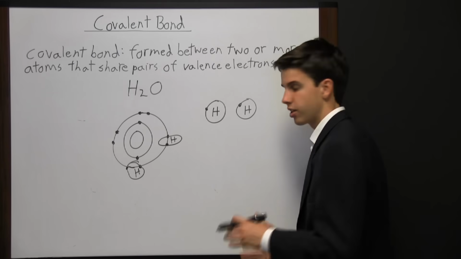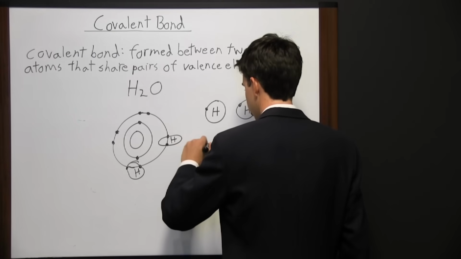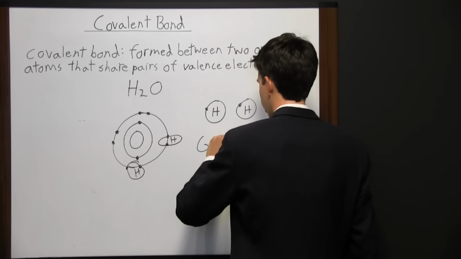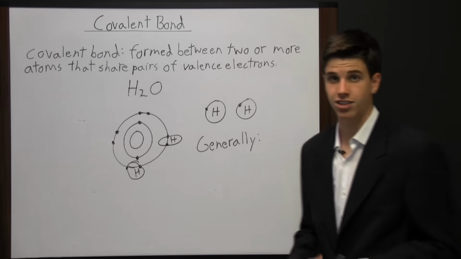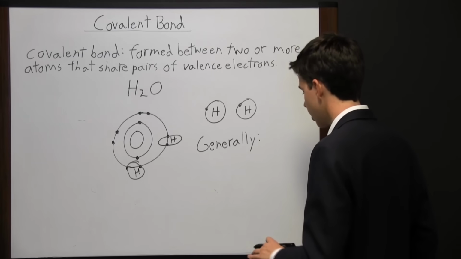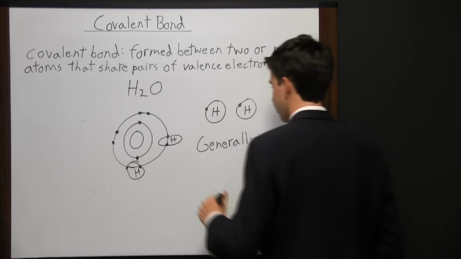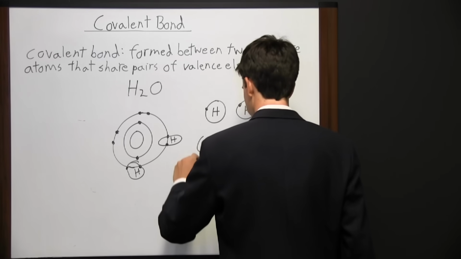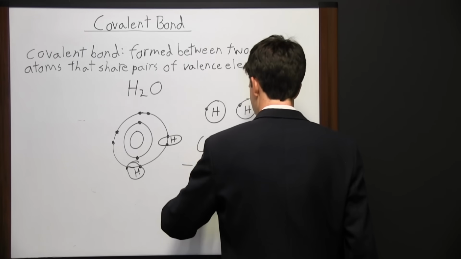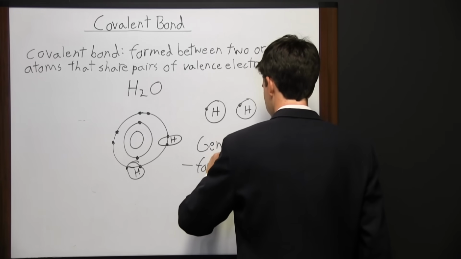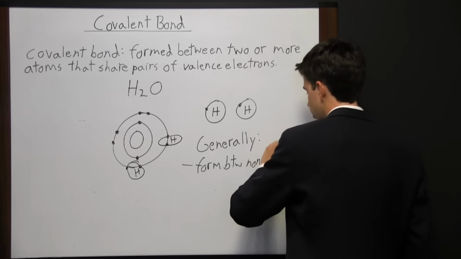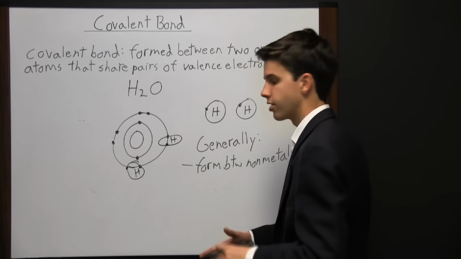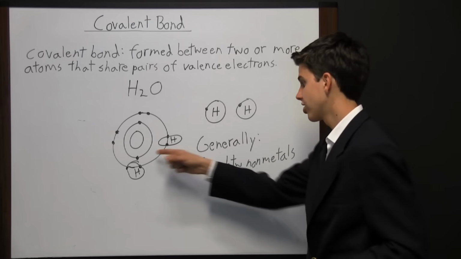Now I want to go over some things that are generally true about covalent bonds, but I'm not going to present these as facts, because they're not facts and they're not laws. They're not always true. They're just generally true. And so covalent bonds generally form between nonmetals. And if you look at our example, here we have 2 covalent bonds formed between nonmetals, because oxygen and hydrogen